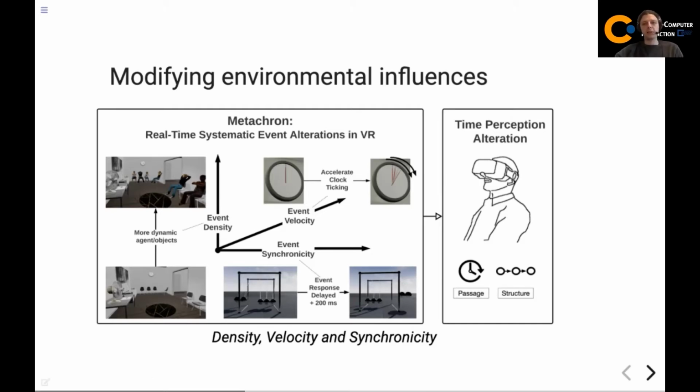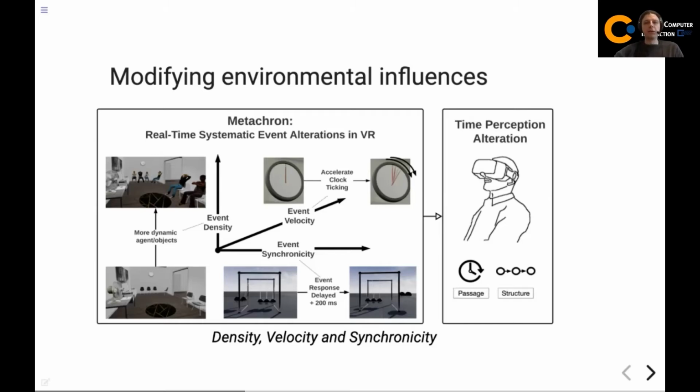An accelerated clock would correspond to our velocity axis, and for synchronicity, here is an example where we delay a physical input event, so the expected response is delayed for the user. We suggest overall that these changes in the virtual environment should alter the time perception of the user.